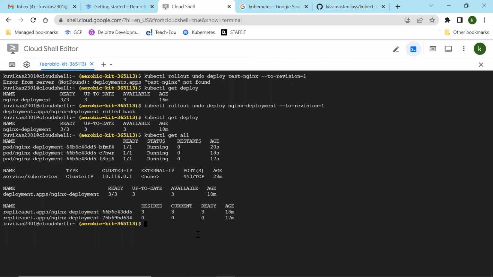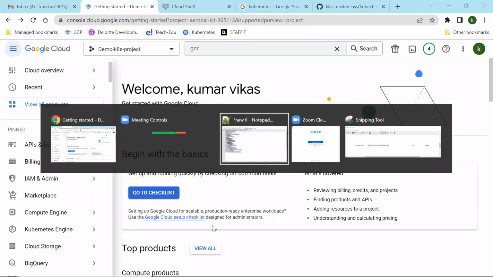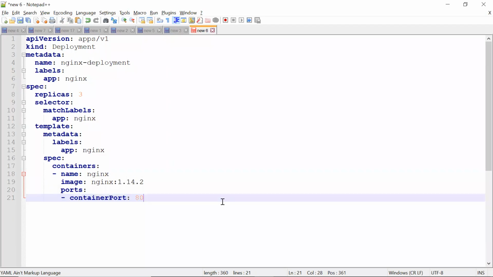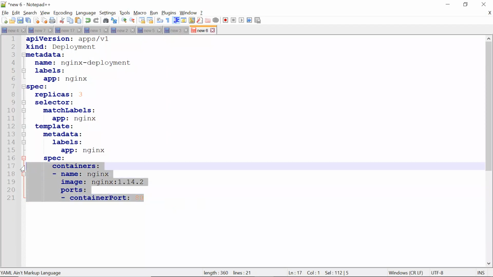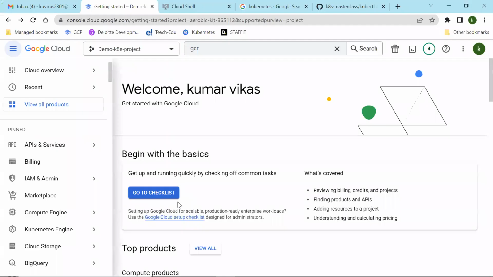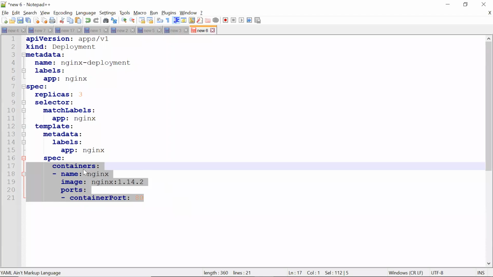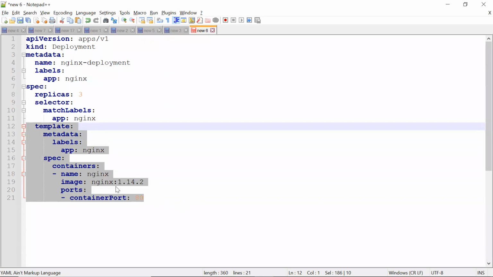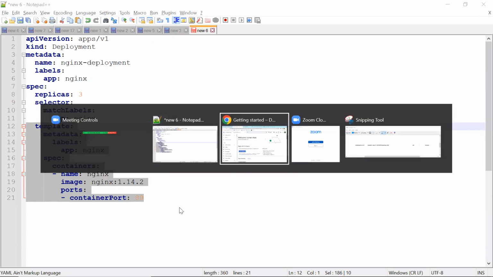See, if you go to the definition of this pod, each pod has one container. So let me say this is the definition of your pod. Each pod will have one container. And if you want to check that,